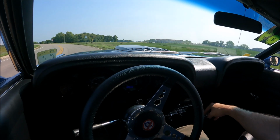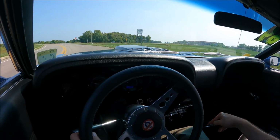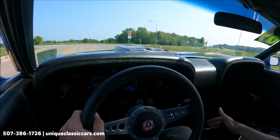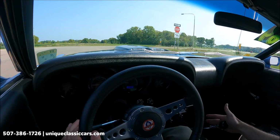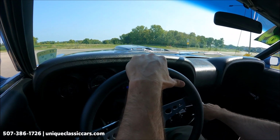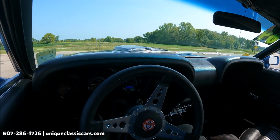Today we're driving a 1969 Ford Mustang in a beautiful blue color with some black stripes. The hood scoop, the 428 on the hood. This is a 4-speed, 4 on the floor. For more fun,